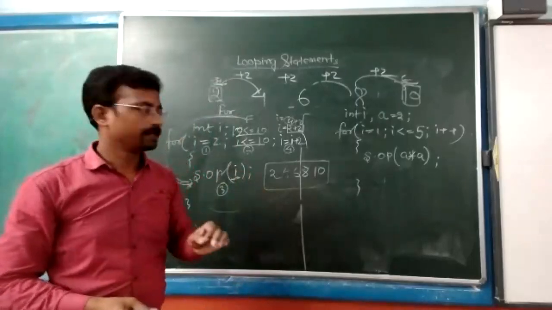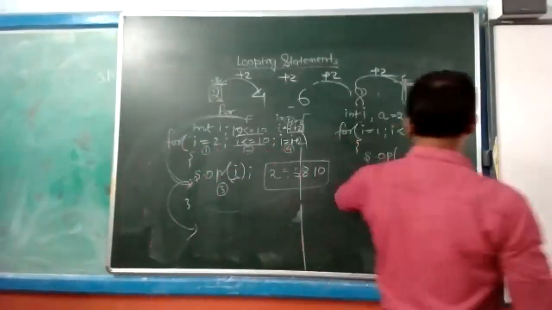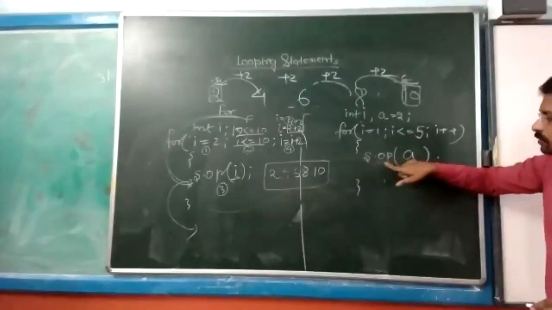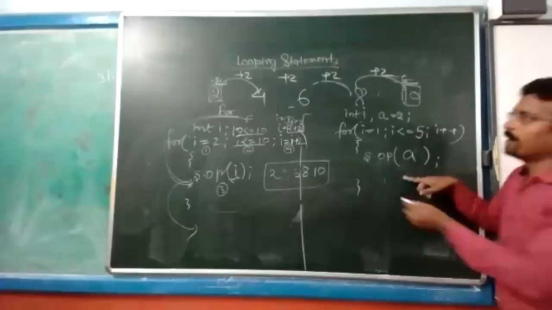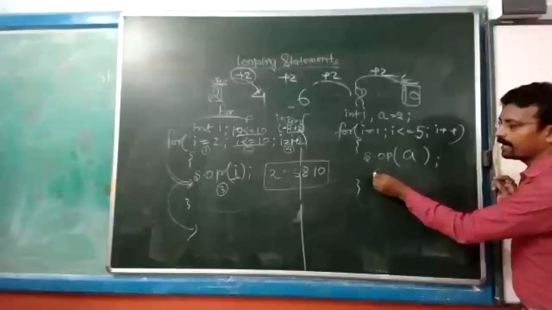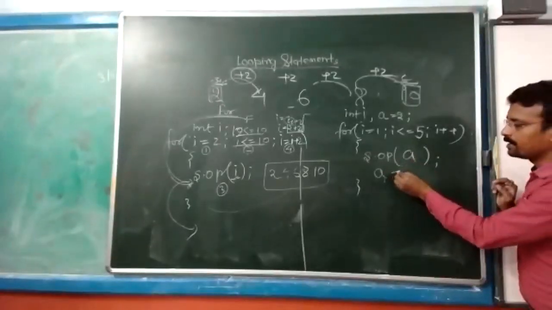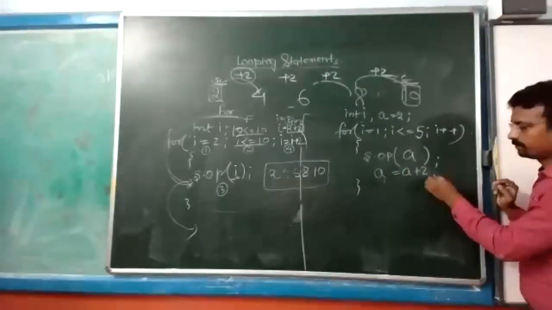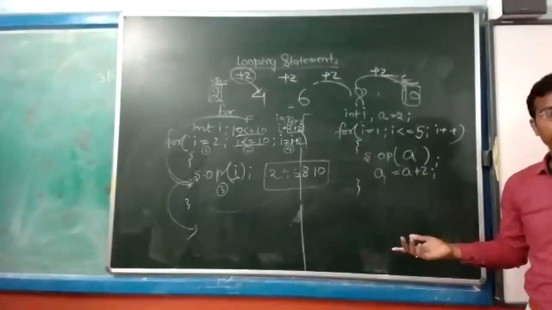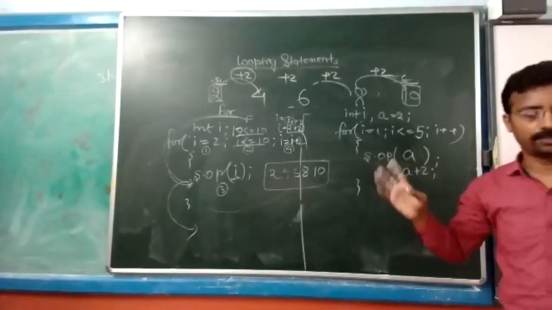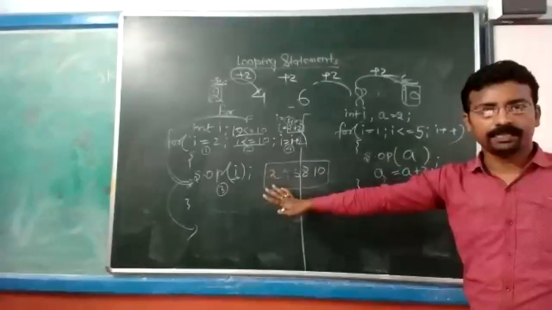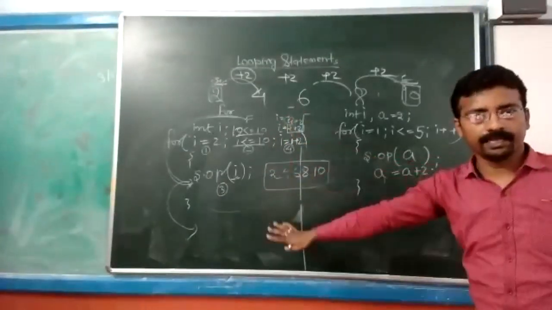Now main point. I want to print here this series, the starting value I have printed. Now you will mind the difference of +2. So what will you do? You will call a just after printing, and you will add this way, a = a + 2. Okay, that is enough. If you are not understanding this, I am going to remove. Any problem here in this logic? This logic is clear to all.